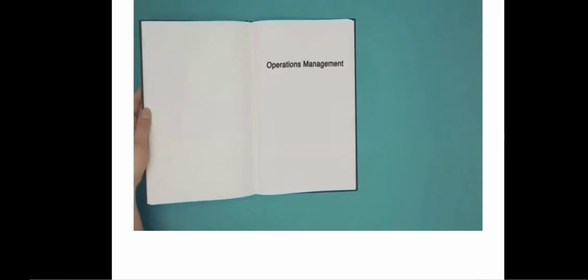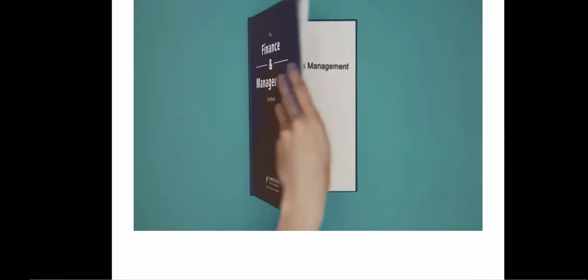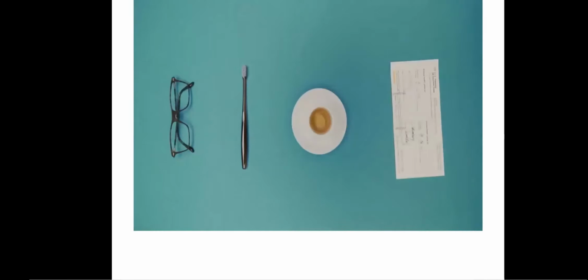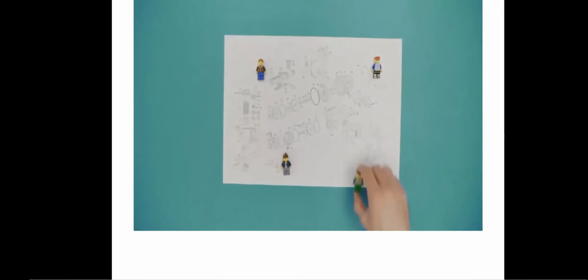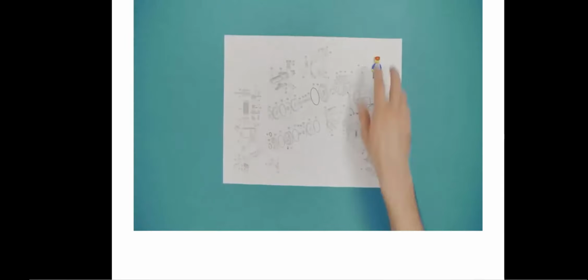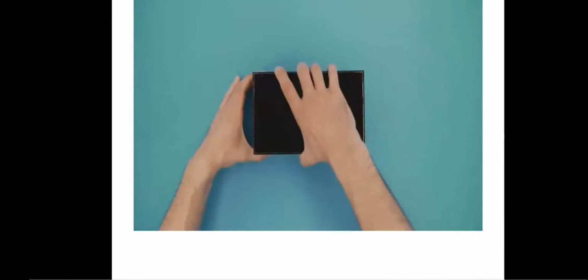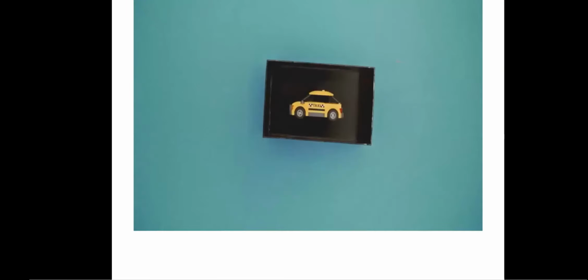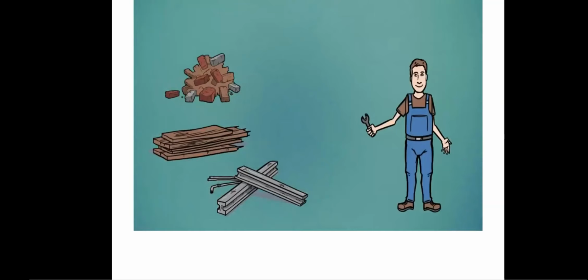Let's do this. Today I'll talk about operations management. In our day-to-day lives, we routinely deal with both physical goods as well as services. But where do these products or services come from? This is where operations management comes into play. Looking closely at the production of such goods, we're able to take a peek inside the black box, which is the production process. Operations management can be defined as the management of the entire process that transforms inputs into outputs. Outputs are physical goods or services. Inputs can be material, manpower, and machines.